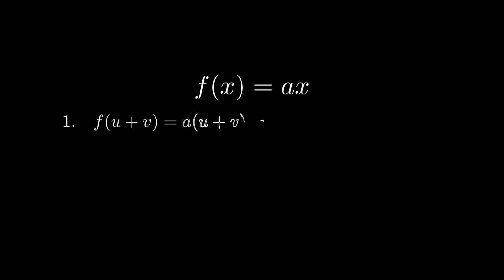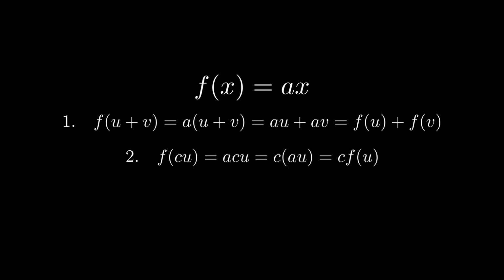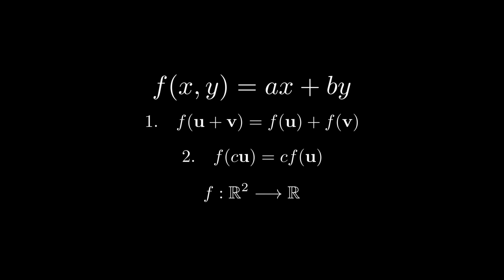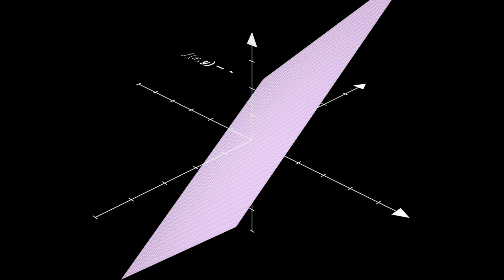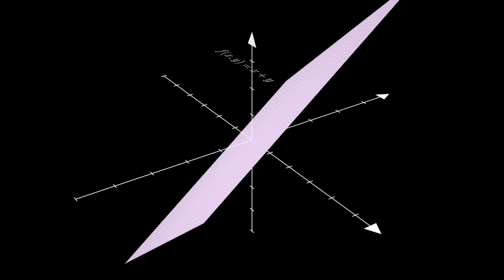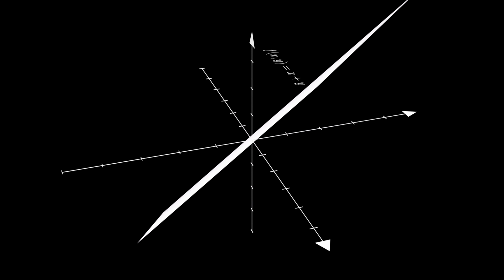1. The output of the sum of inputs is the same as the sum of the outputs of each input, and 2. Scaling the input before applying the function gives the same result as scaling the output after applying the function. This works when both the domain and codomain are the real numbers, but having the same scalar times variable form, we can construct multivariable functions too with the same properties. The graph of which is also geometrically linear or flat, but it would be higher dimensional, like a plane in